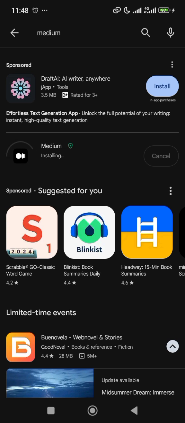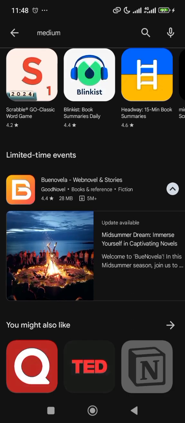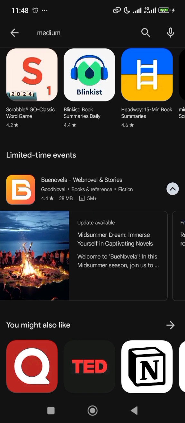But once you want to monetize it, you will need to become a member of the Medium association for you to be able to get paid through people reading your content. All right, so